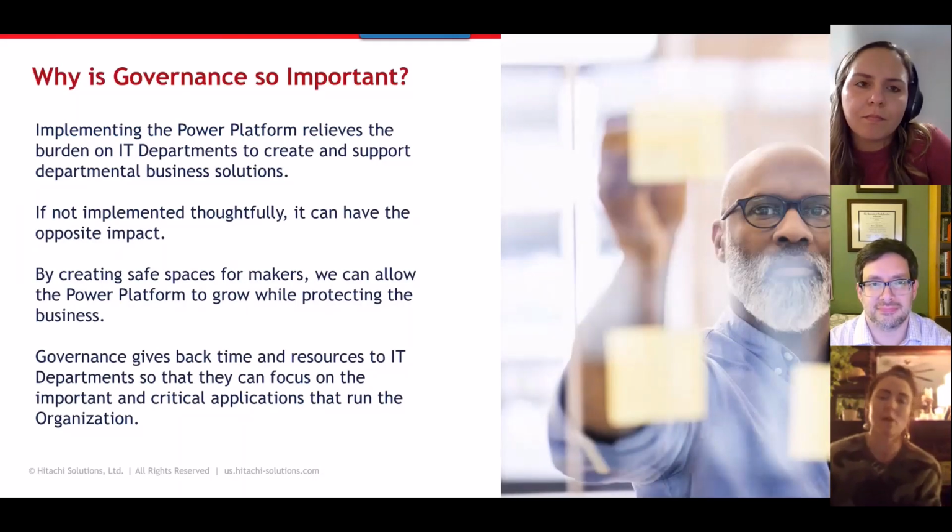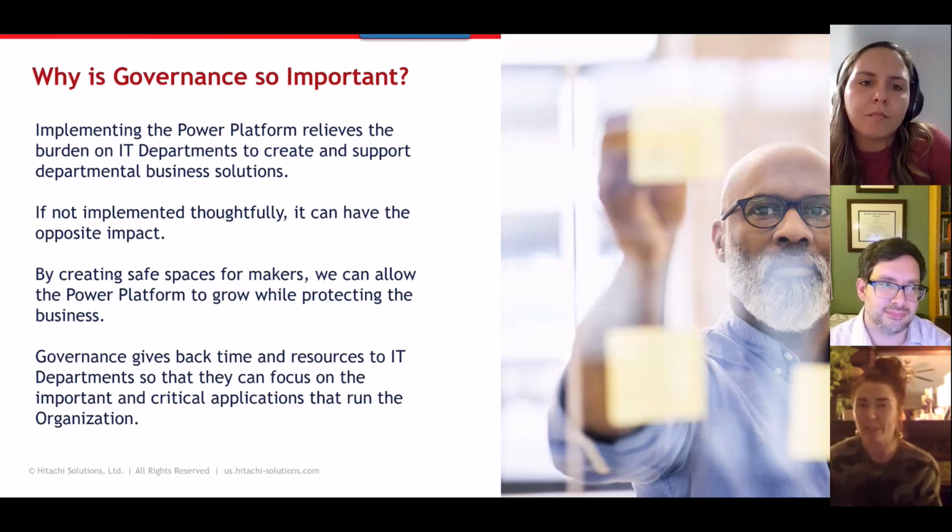So why is governance so important? We've implemented Power Platform, and a lot of the things that we wanted to do is basically creating those solutions for our users to build without having to purchase something. And governance is important because of two things, really: making that safe space for makers, and also ensuring that implementing the Power Platform doesn't add additional burden or stress onto departments that are already pretty resource strapped, especially our IT